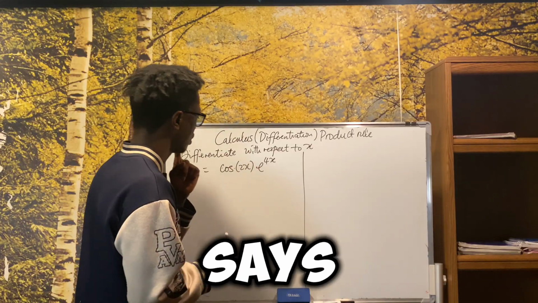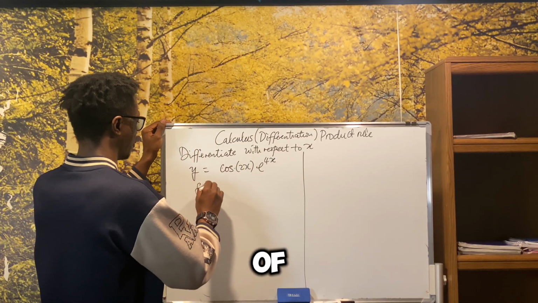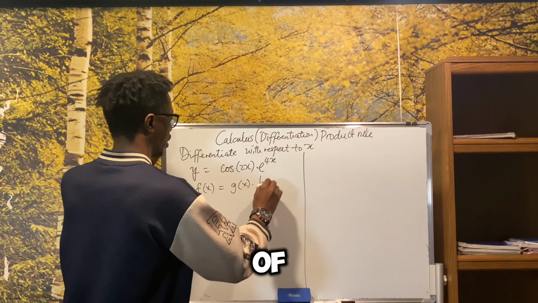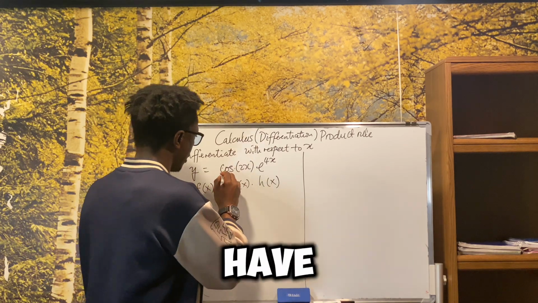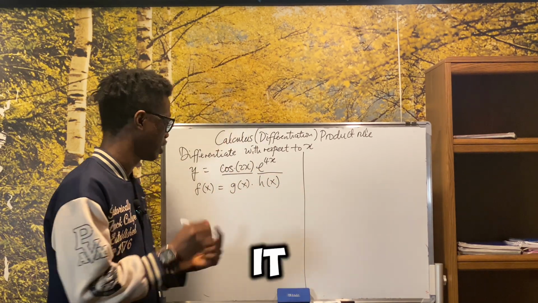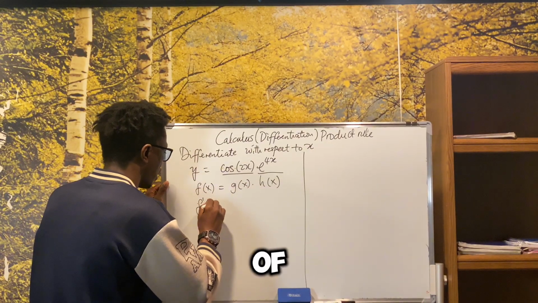So the product rule says that if you have a function, let's say f of x equals g of x multiplied by h of x, so you have two functions like this, you have this one and this. If you want to differentiate, so f prime of x, that means the first differential of x,